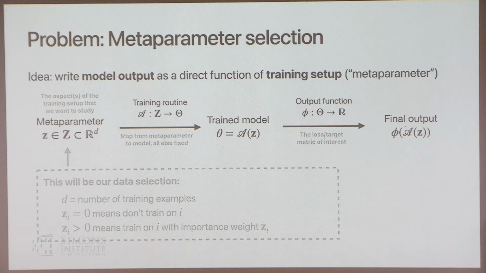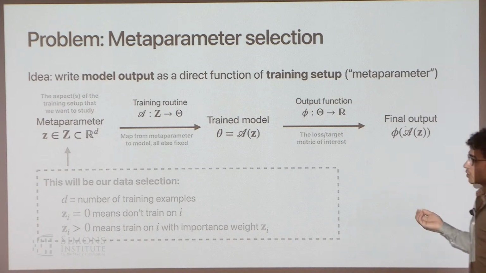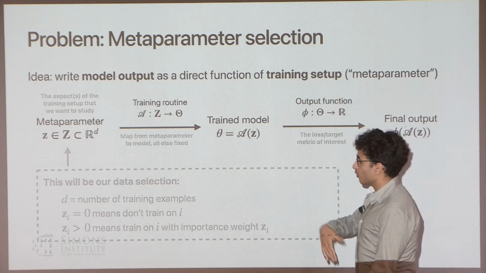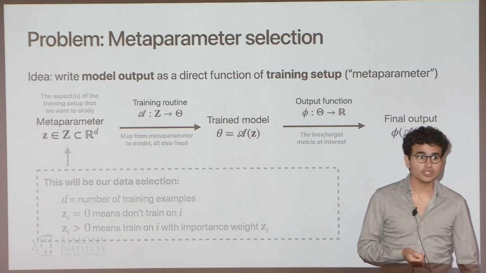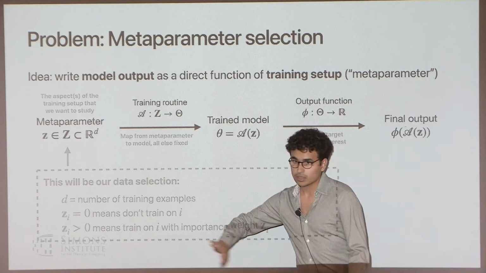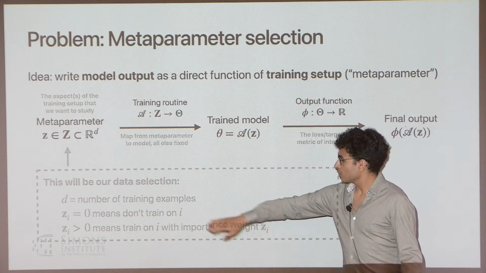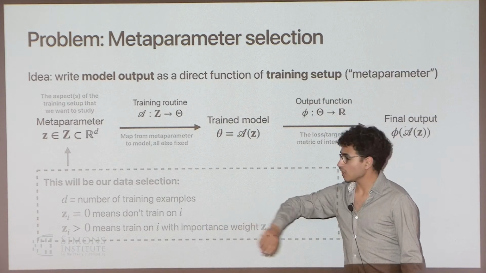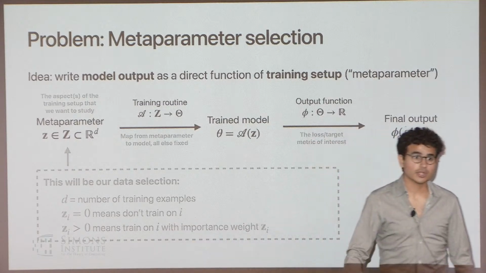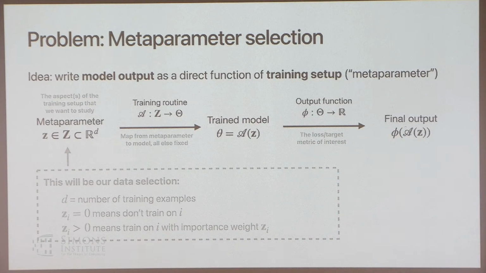So just to illustrate how this problem might work in cases that I think are more interesting than directly optimizing the training data, we can, for example, try to do data selection. If we have some fixed training data set and we want to filter it, we can define some training set dimensional vector z that's going to weight the losses of the individual training points. So z will have dimension equal to the number of training examples. If it's 0, that means we don't train on an example. And if it's greater than 0, we'll train on an example and multiply its loss by z_i.